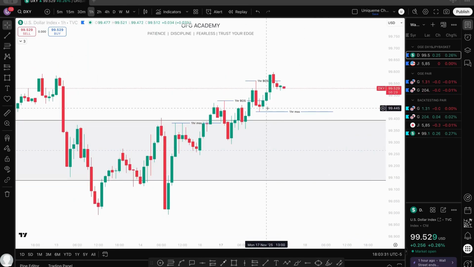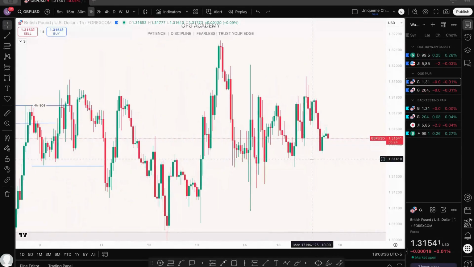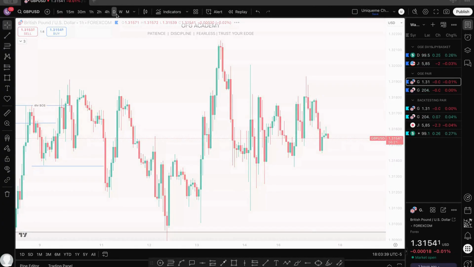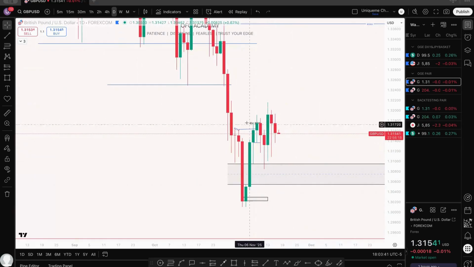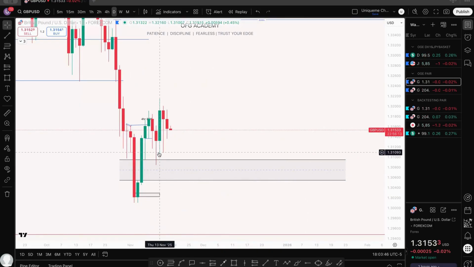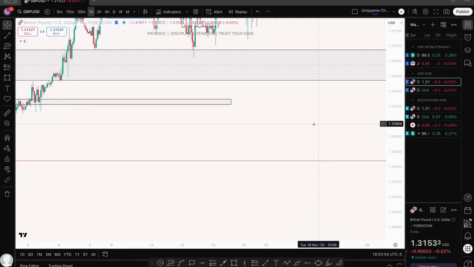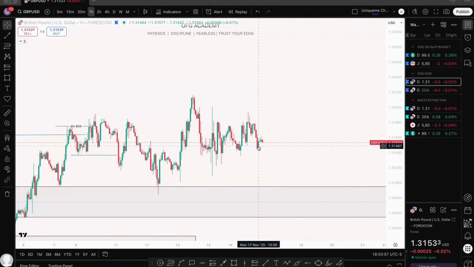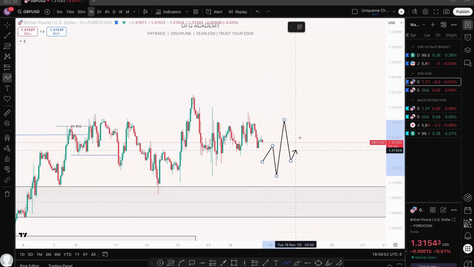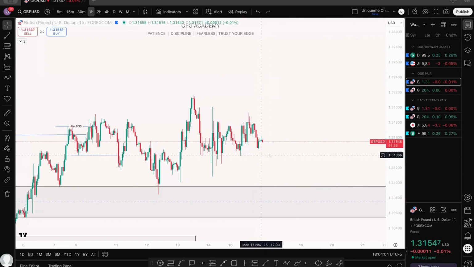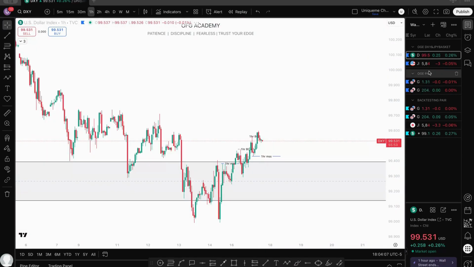Two things are involved. But if this happens and price violates this low to start selling, that means I will start buying GBPJPY. I'm looking for opportunities to buy GBPJPY, which I'm not even seeing around here. I didn't share that video, but I marked here a fair value gap which price respected. Now if that happens and price breaks that low for a sell, I'll be looking for a change of character here